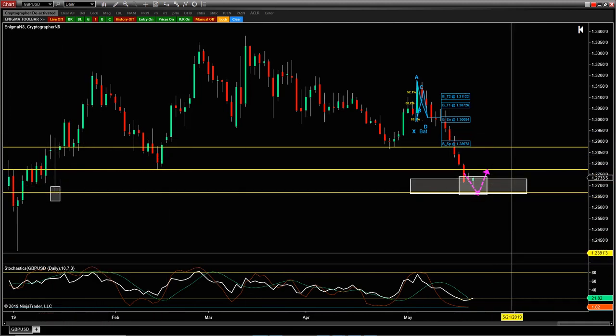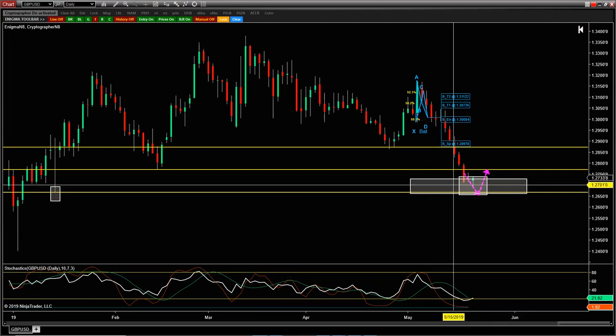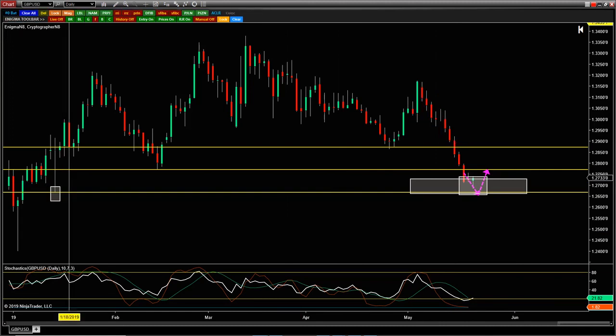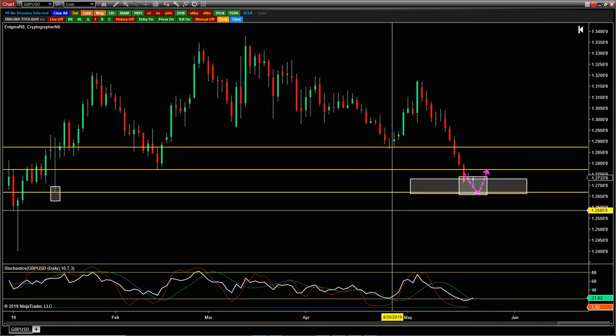I was looking for either a violation of that level, that yellow line down there, which would have me predicting that we can continue lower, or a hold of that level. We could see some type of reversal, some type of double bottom, 2618, head and shoulders, consolidation and break, some type of base off, and then a little bit of relief here. And it looks like we're getting there. However, we do need to be cautious because we know why the market is moving, right? Why is the market moving, guys?